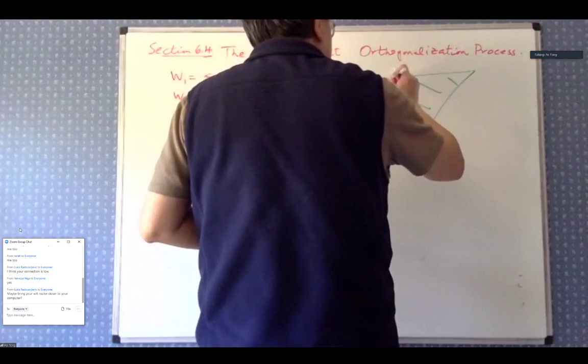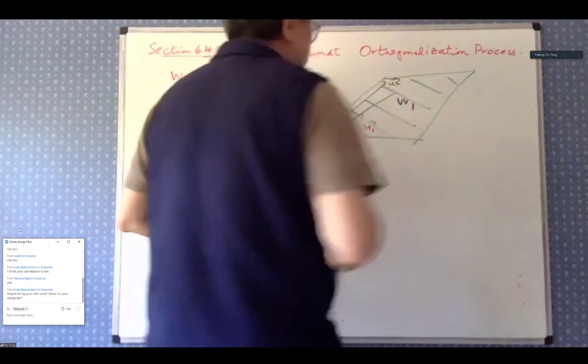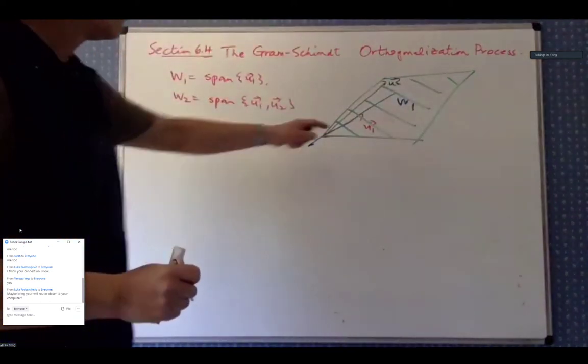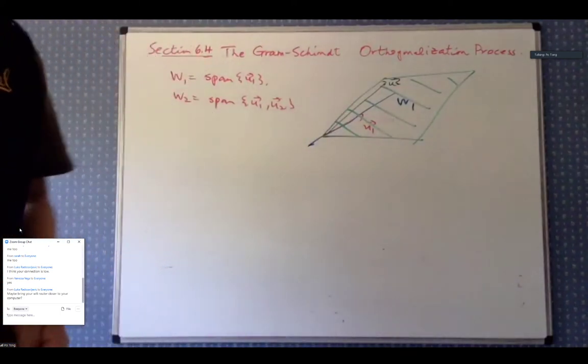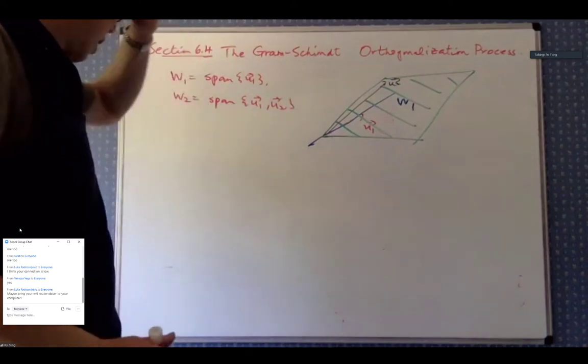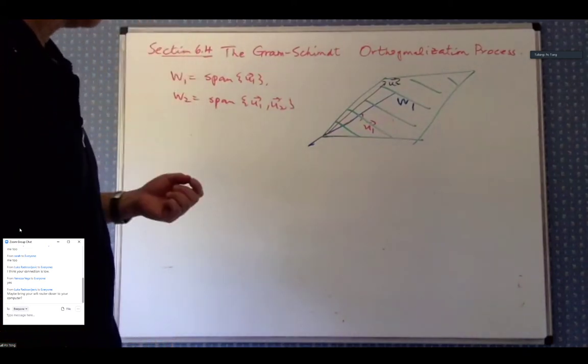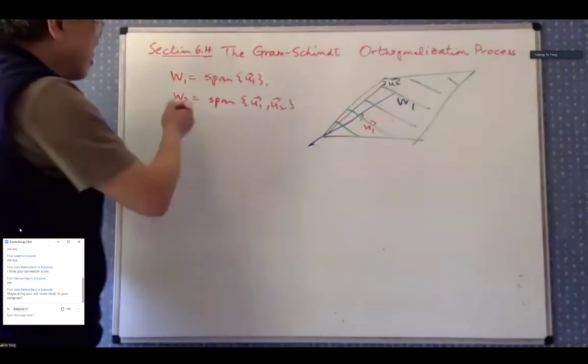Let's say this one is U2. Now these two, U1 and U2, are not perpendicular. U1 and U2 are not perpendicular. And we want to recreate another vector. We want to find